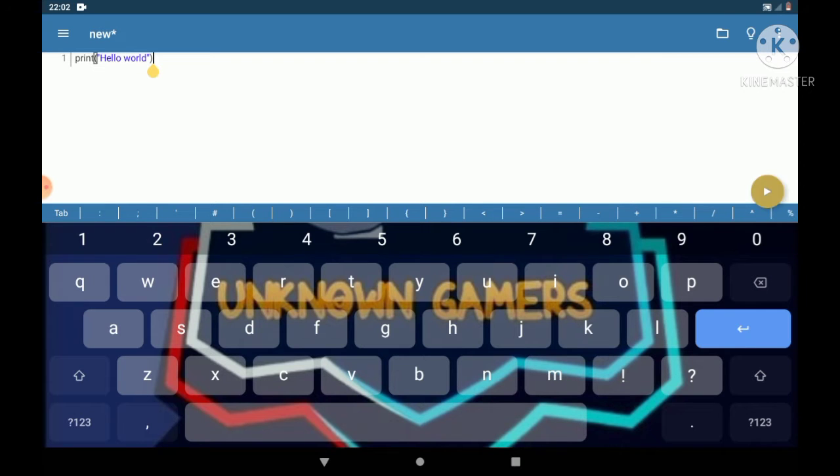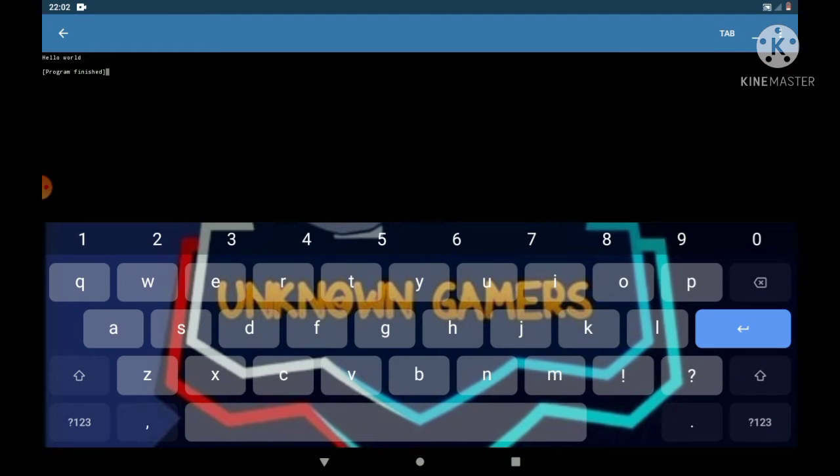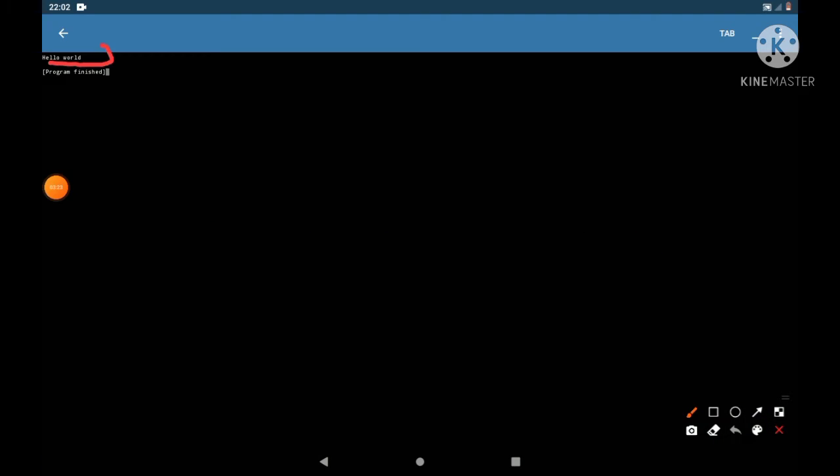Now let's run this code. Yes, we have got it. Hello world has been printed. This is the magic of our print function.